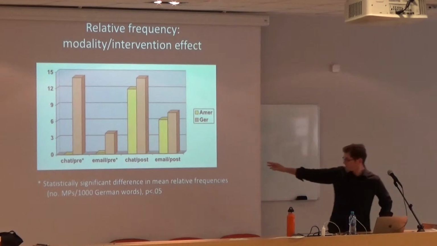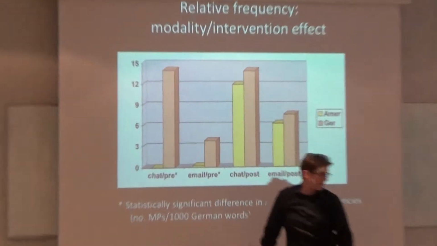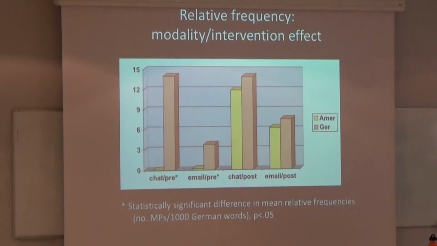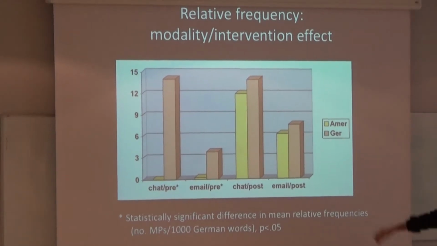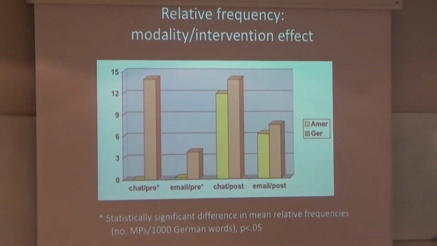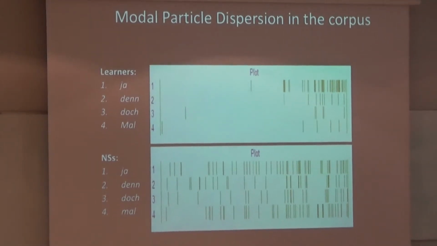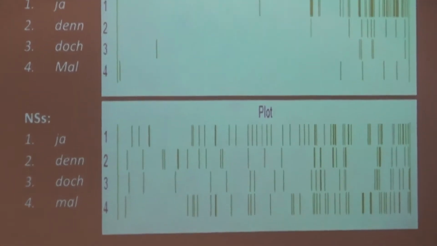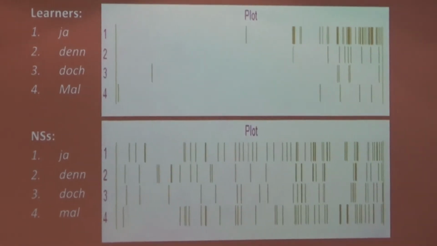So look at this. The first, pre-intervention, right? Americans are using absolutely none of these, right? And the Germans are using quite a few. In chat, so email, and in chat, you see in the post-intervention period, which is the one on the right here, right? You see that the Americans are using quite a few more modal particles, right? And I love her analysis here. So this is a dispersion graph, right? So you can see the Americans used virtually no modal particles at the beginning. And then they did after the intervention or during the intervention, right? What else do you see here? What do you see in this?